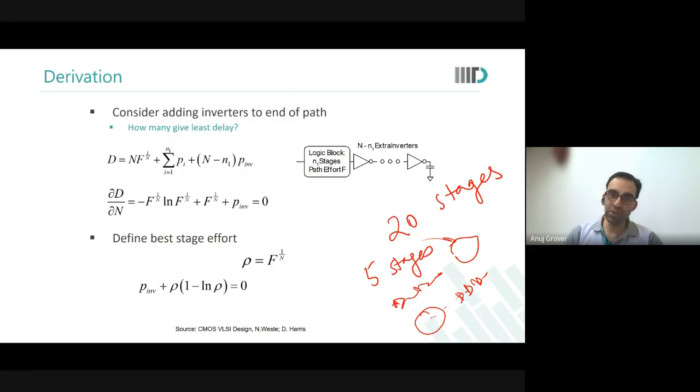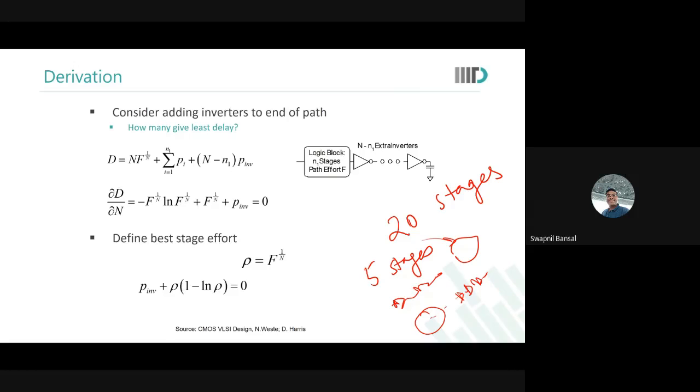If you keep the stage count the same, the delay will probably come out the same in both. Now what would you choose and why? You were saying something: adding inverters after the combinational block. Why? Because the CN that you see effectively at the first inverter becomes the load of the combinational block, and that would be lesser. You have the C load given to you at the output, at the very last stage, and when you find the CN at the first inverter, the parasitic delay will also be lower. So the effective C load seen at the end of the combinational block would be lesser.